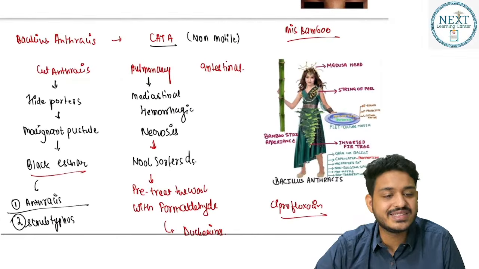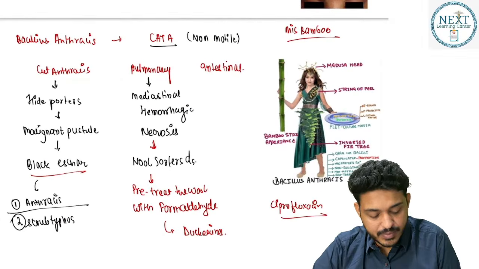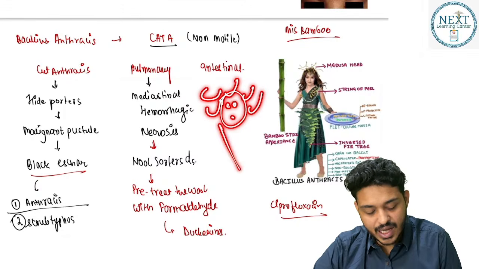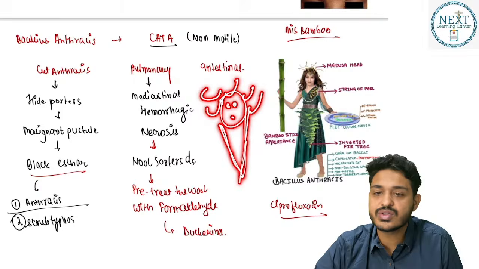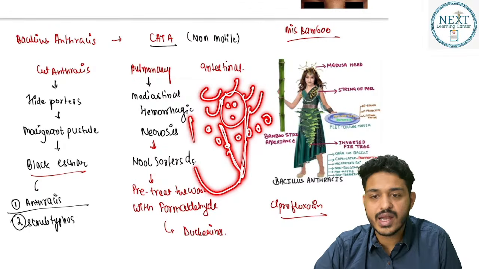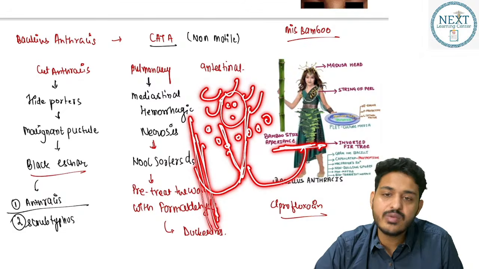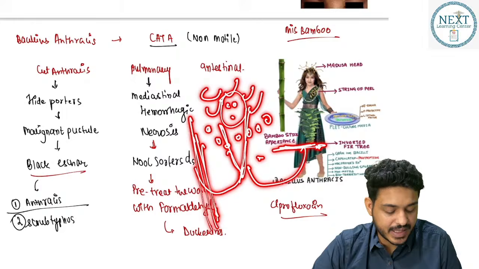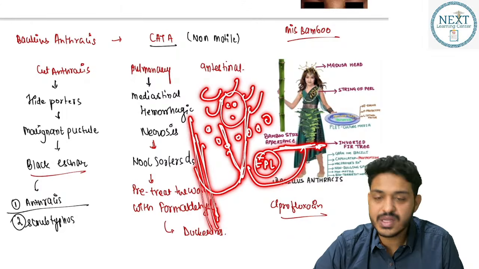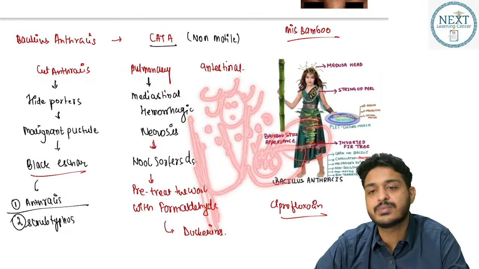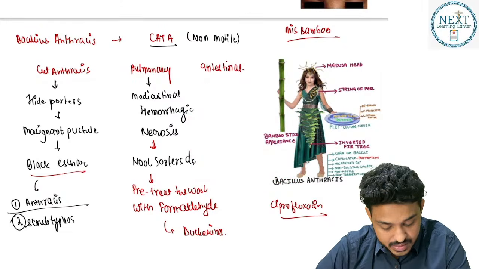It is going to be easy for you to remember, right? What is Miss Bamboo? There is a miss. She is having what? Medusa head appearance. I for inverted fir tree appearance is going to be there. S for string of pearl appearance is going to be there. One hand she is going to have what? Bamboo. Another hand she is going to have the plate, right? What kind of toxins in the plate? She will be having EPL. That is going to be edema factor, protective factor, lethal factor, and the drug of choice is ciprofloxacin. Everything is done, right? So this is about the